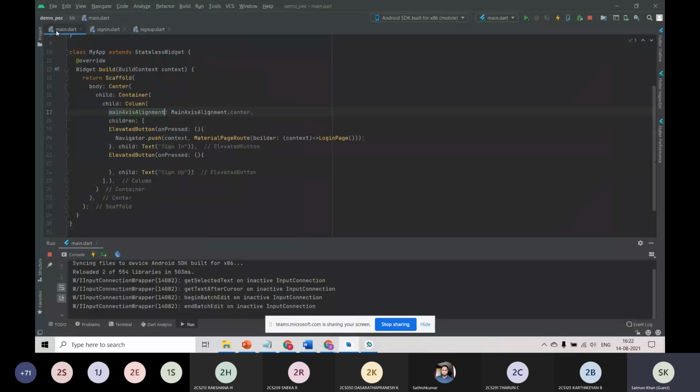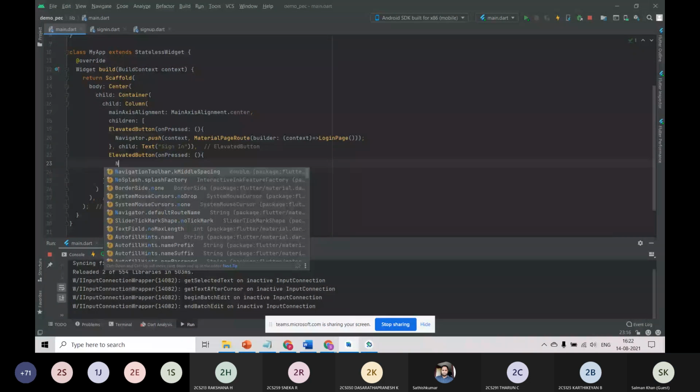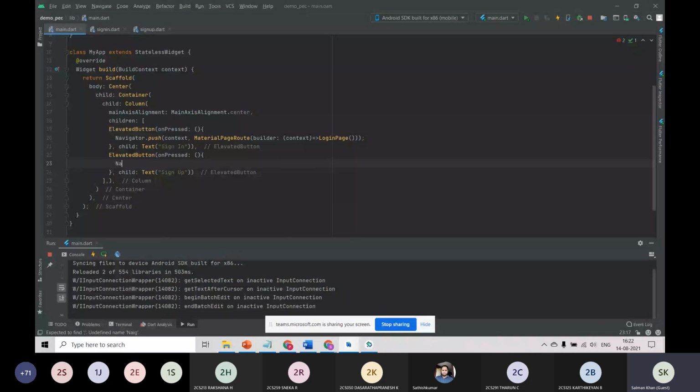Whenever the main button is called, we should route to the next page as we did for the sign in part. Here I will add navigator dot push, context.